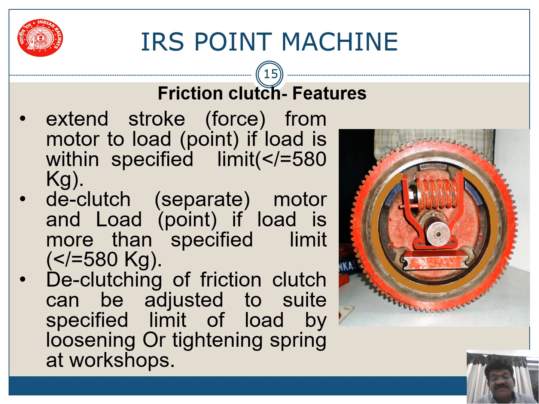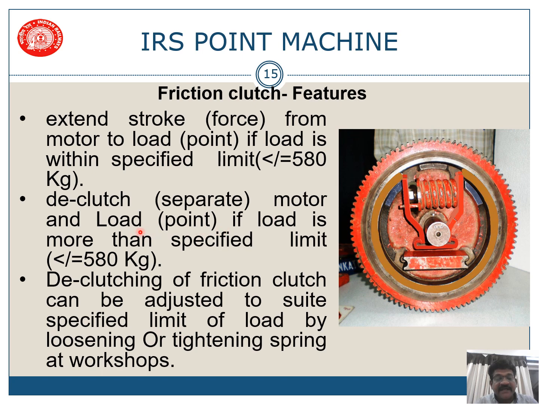So what are the features of friction clutch? It extends stroke from motor to load if load is within specified limit, generally less than or equal to 580 kgs as per RDSO norms. Generally this is adjusted to around 400 to 450 kgs के बीच में adjust करते हैं। ये नट जो है, ये नट को यूज करते हुए वर्कशॉप वाले इस प्रेशर को एडजस्ट कर सकते हैं। नट से स्प्रिंग का प्रेशर चेंज होगा। जनरली 400 to 450 के बीच में इसको लगाएंगे।